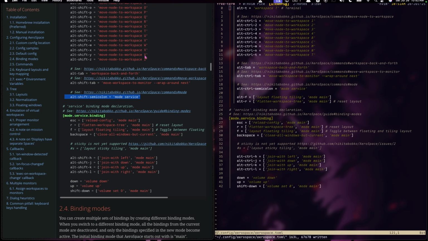Then if you press any of these bindings here: if you press Escape, it reloads your config. If you press R, it resets your layout. If you press F, it toggles floating mode, which I showed earlier. If you press Backspace, it closes all windows but your current window in your current workspace. So I'm just going to press Escape, which reloads